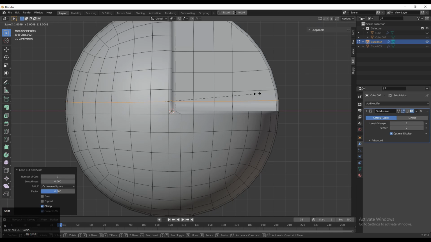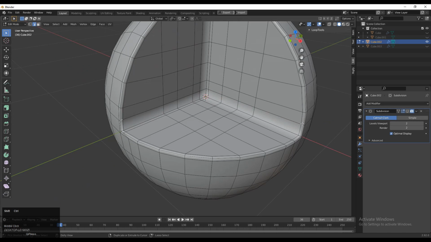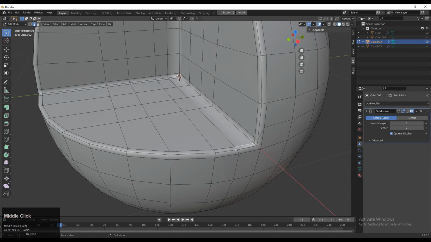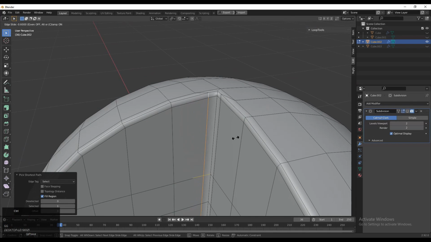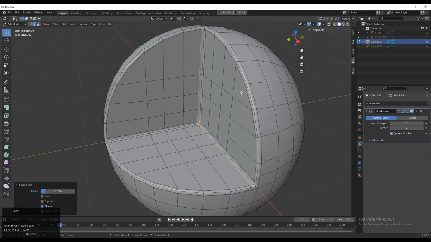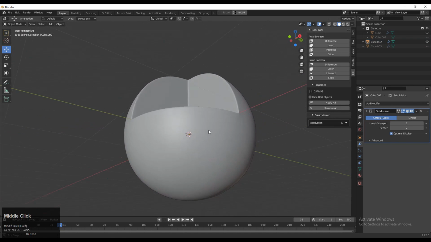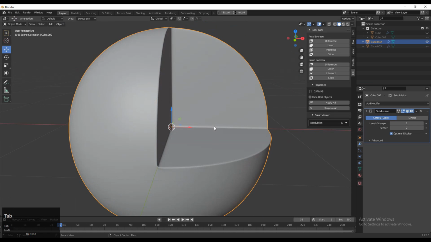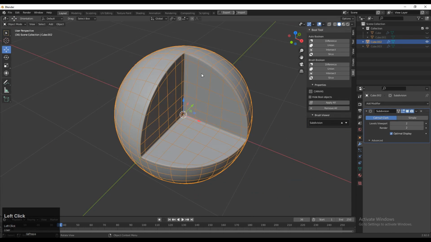So just the same thing here, just add a loop cut, scale it along the normal and then select this edge loop and then double tap G for the edge slide. And now you can see we got those harder edges in that boolean, and that looks decent. And you can see the topology, easily we have created this. With the right topology you can create any kind of hard surface model.